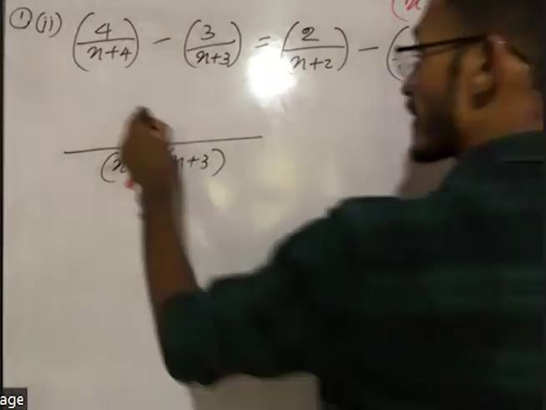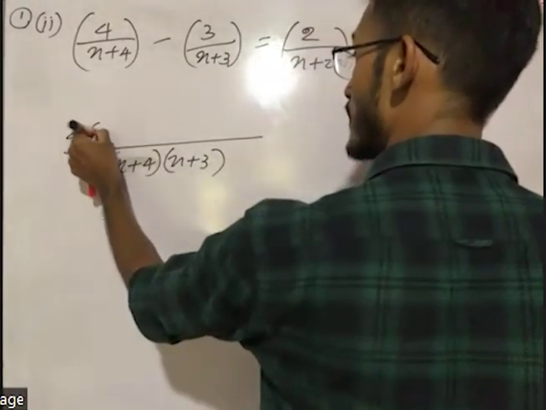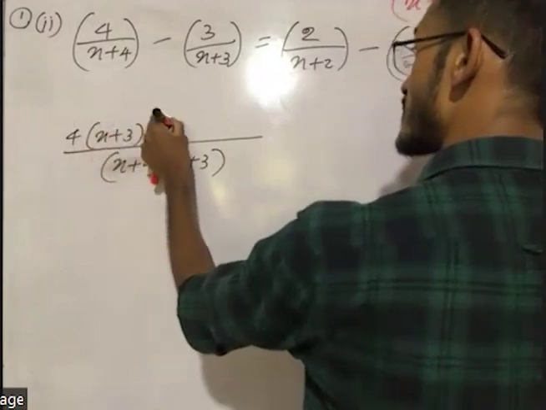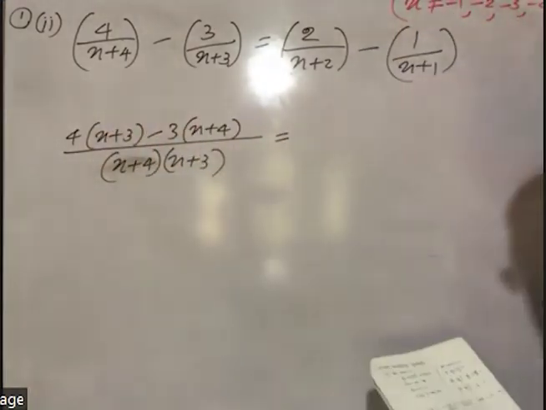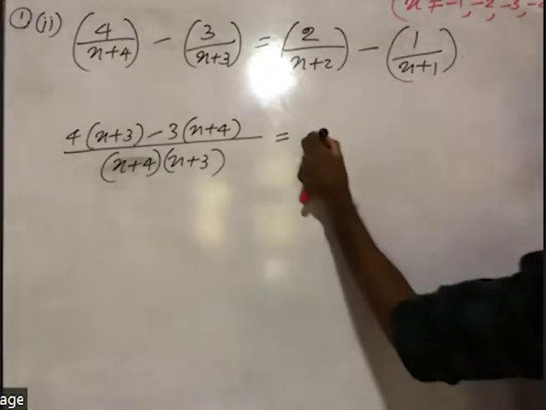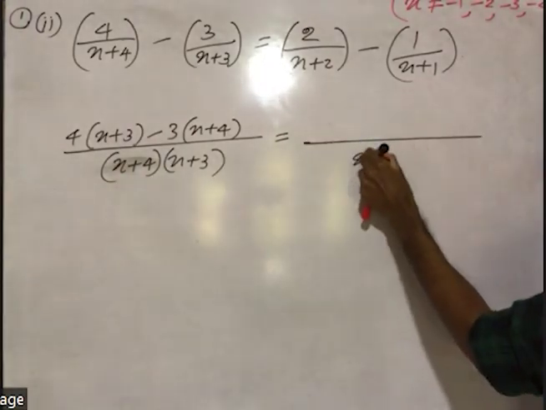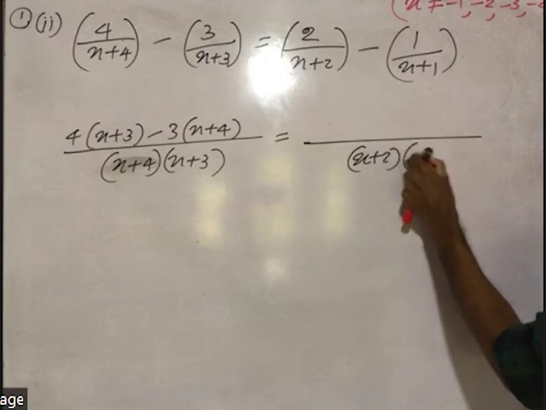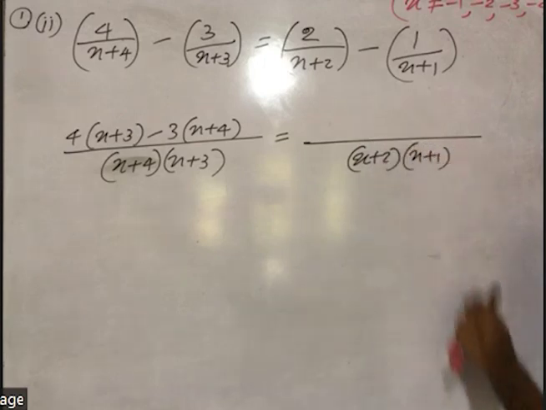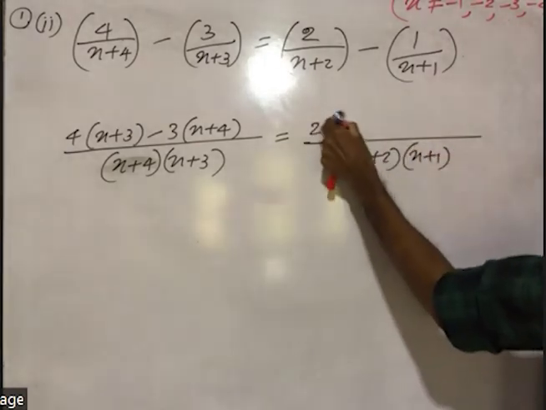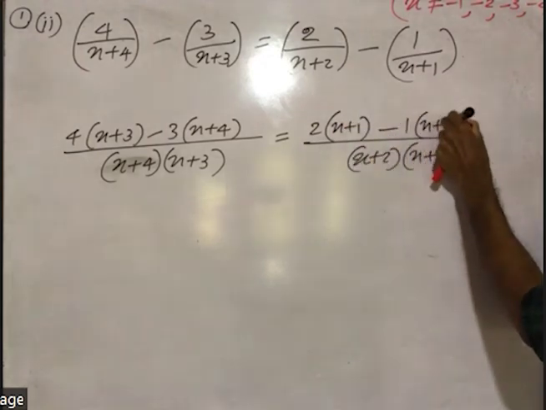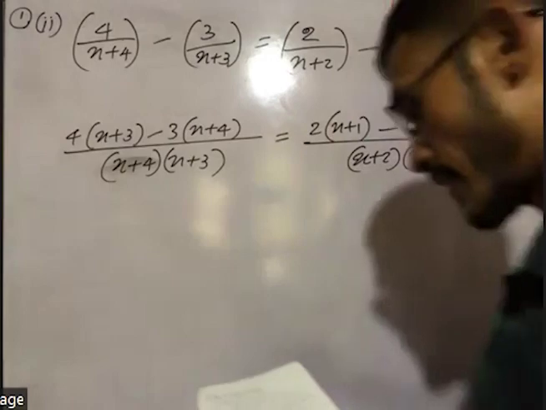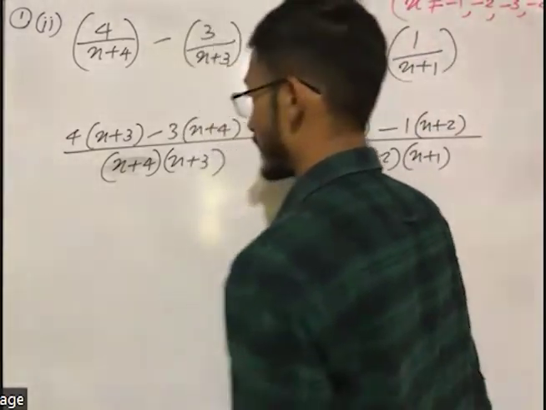Right. Here we can write down 4 into x plus 2 minus 3 into x plus 2. That is equal to, here the common denominator is x plus 2 into x plus 1. Here we have 2 into x plus 1 minus 1 into x plus 2. Right. Okay. Now we can